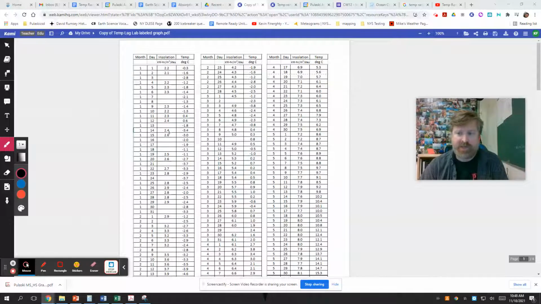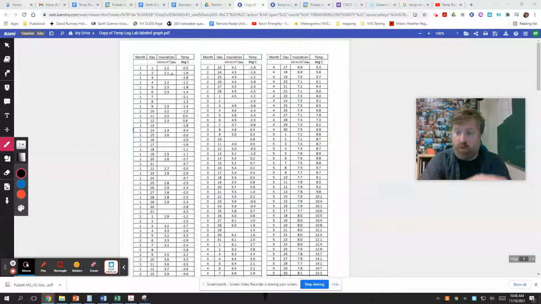Insolation, that's how much energy is hitting Pulaski. It's a strange unit, not one you need to panic about. Kilowatt hours per meter squared per day. So how much energy that's measured in that unit hits a box that's a meter by a meter, take a meter stick, meter by a meter, in a given day. I'm not saying that I have any idea of what 2.3 of those means. It's not a number that makes sense to me, but